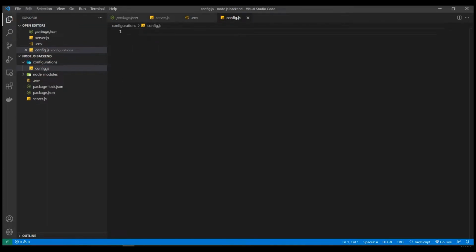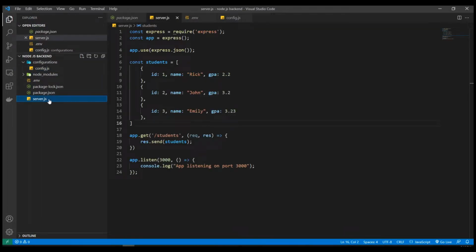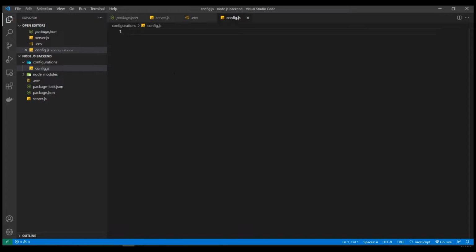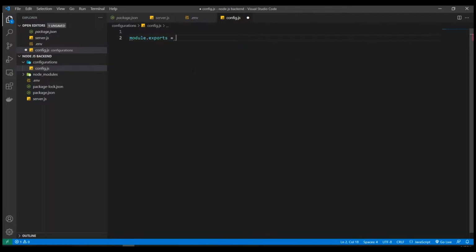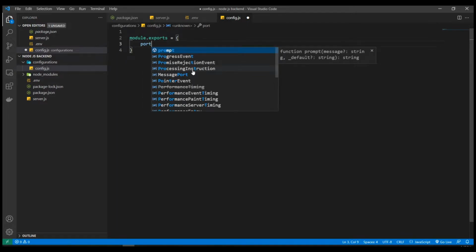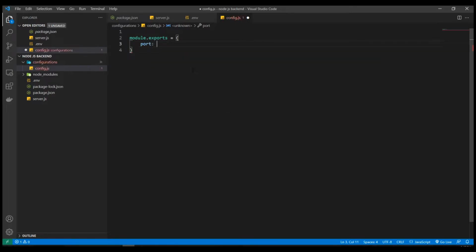Now we're going to be using the config.js variables, or the variables that we're going to place in this, in the server.js or anywhere else in the application. So for that we're going to have to export it to the outside, and to do that we need to say module.exports, and then equal. I'm going to open to create a JSON object. And then here I'm going to have a property or a key called port, and then I'm going to set the value